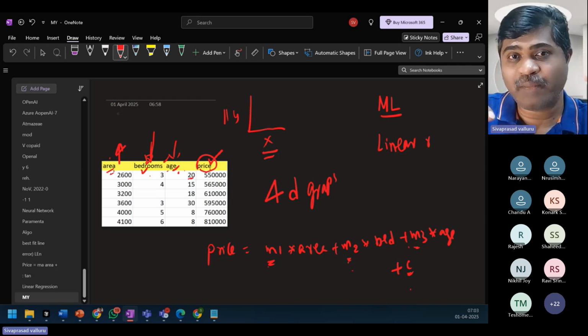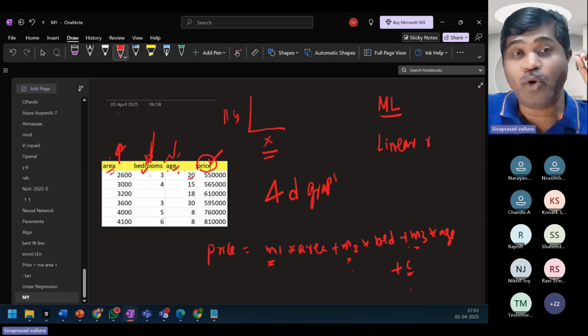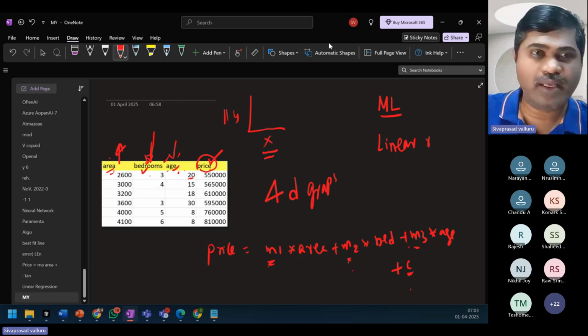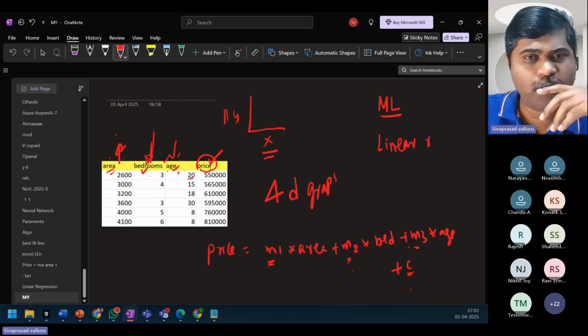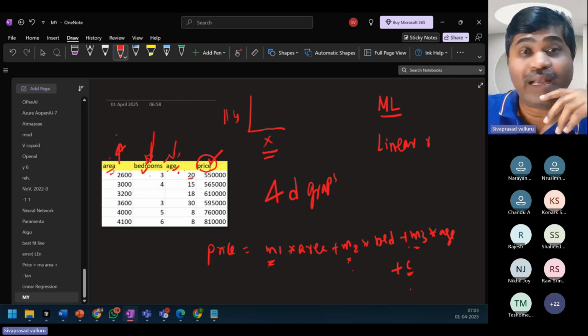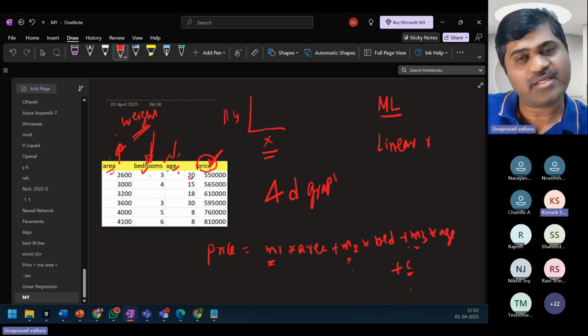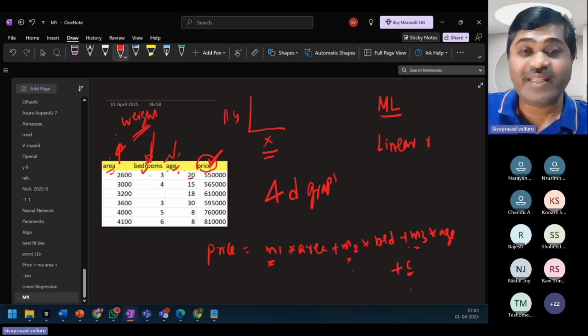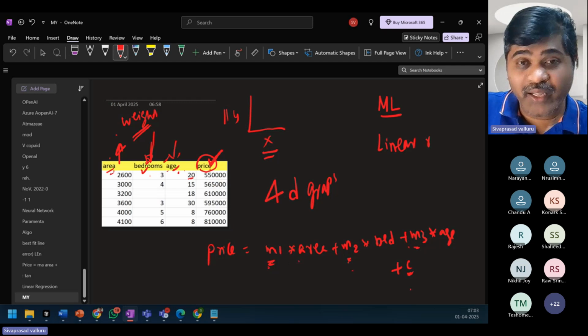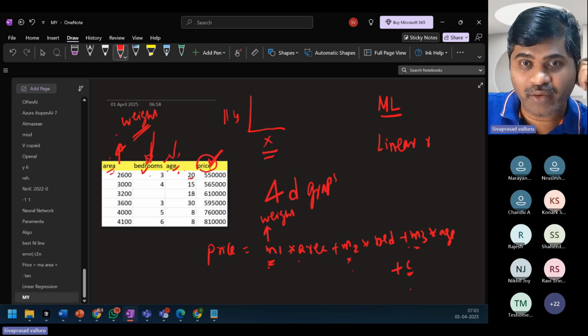Based on the square feet, the price will be decided. So can I say that more weightage has to be given to area? Yes. So whenever I say M1 into area, this represents the weightage given to area. We multiply by this weight value.